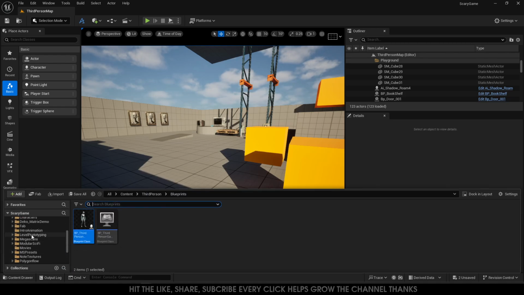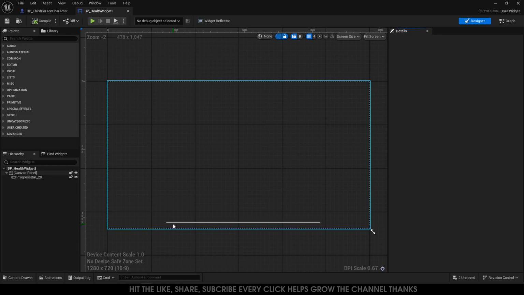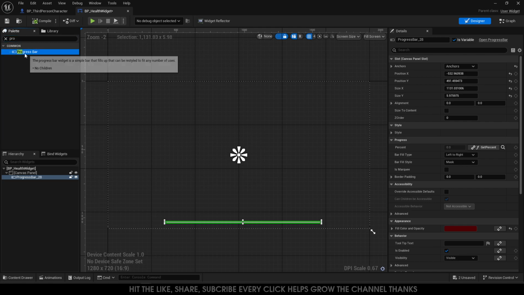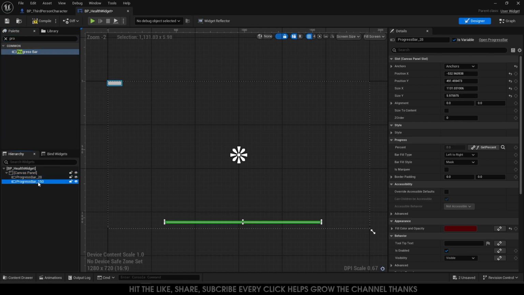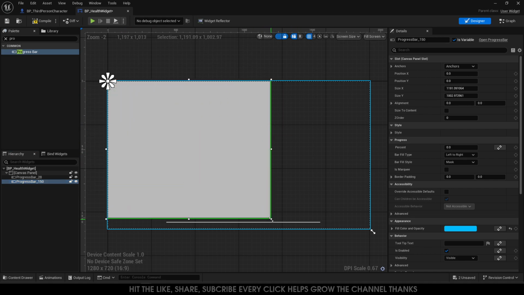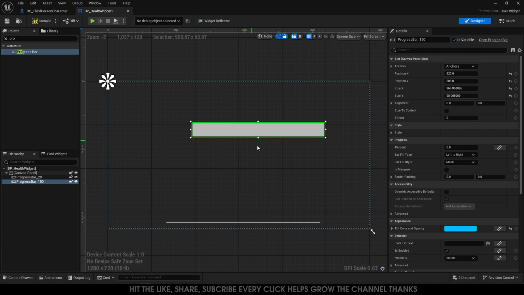Now the HUD itself, we'll go in there, in my widgets blueprint. So here it's just a progress bar. If I type in progress bar, you can design this however you like. It can be vertical, it doesn't have to be horizontal. It could be big, small, whatever you want. And all I did is create the